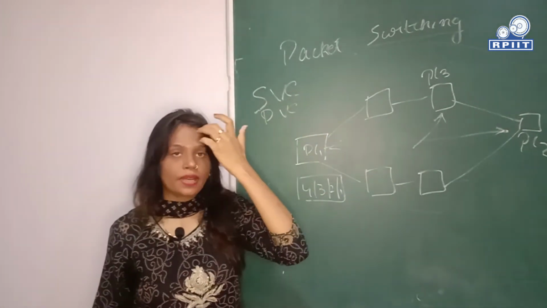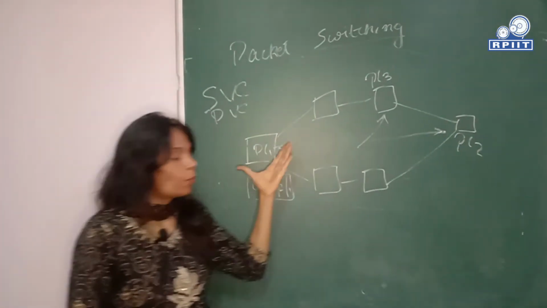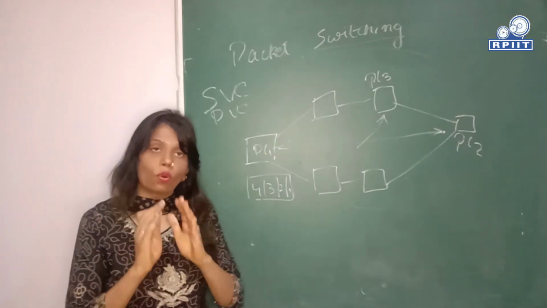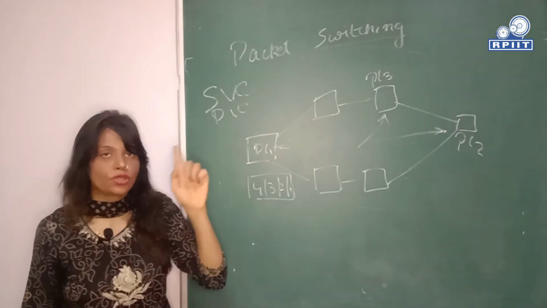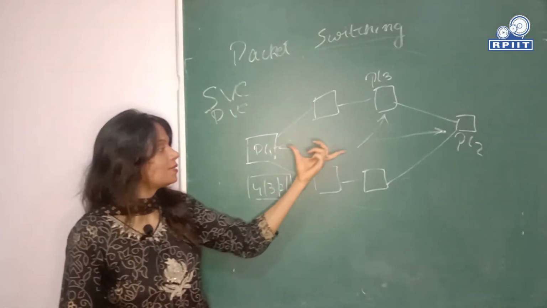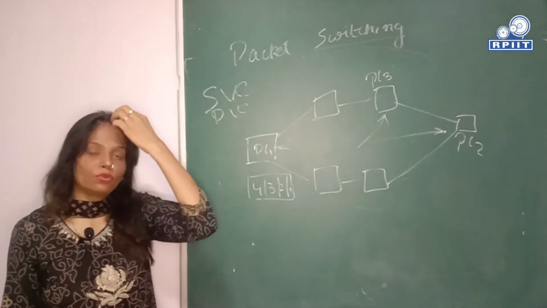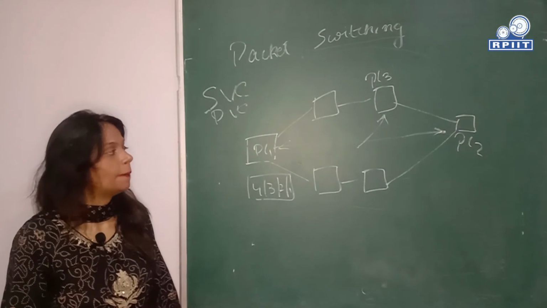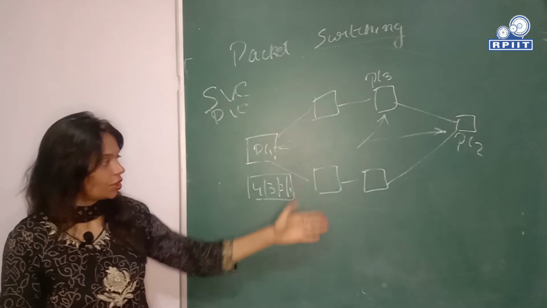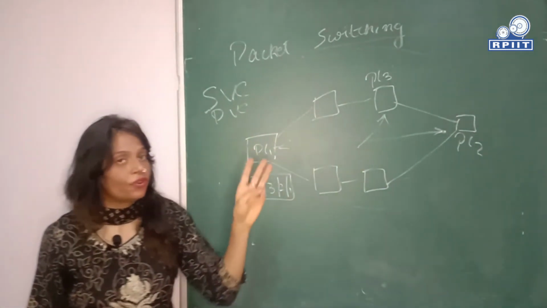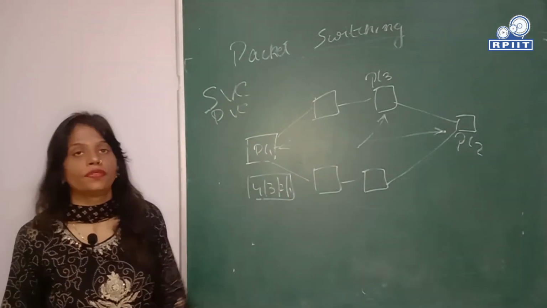And in permanent virtual circuit, the path is dedicated to both the endpoints for the whole communication, for the whole duration. Till the connection is terminated, that circuit is not switched to any other node. That circuit is dedicated to the two endpoints, okay? So these are the different techniques that we usually prefer over the network to carry the data from sender to receiver. And these are the intermediate nodes, these are the switching nodes, these are the endpoints, and we have three techniques. And based upon the kind of requirement of the communication, we prefer one of the three techniques.